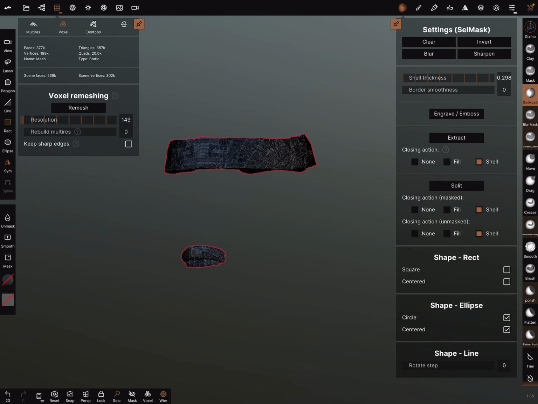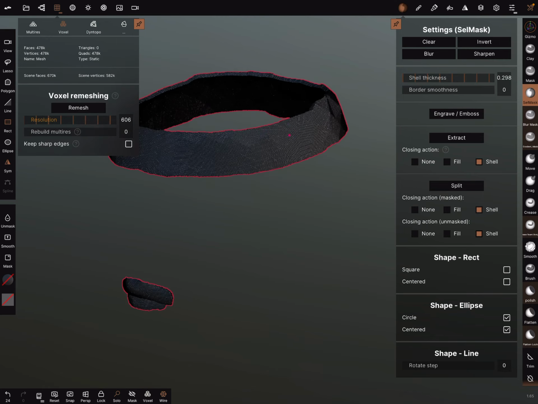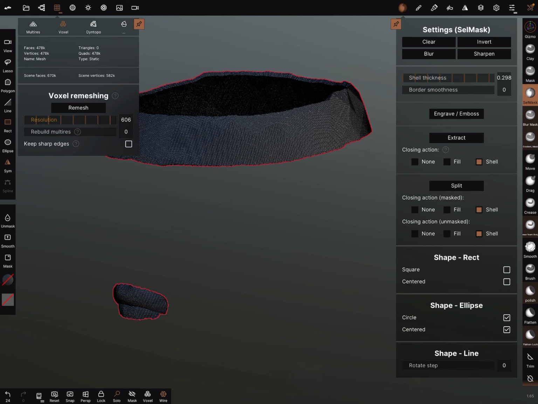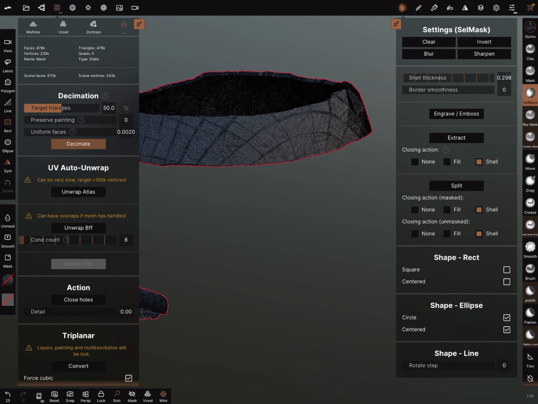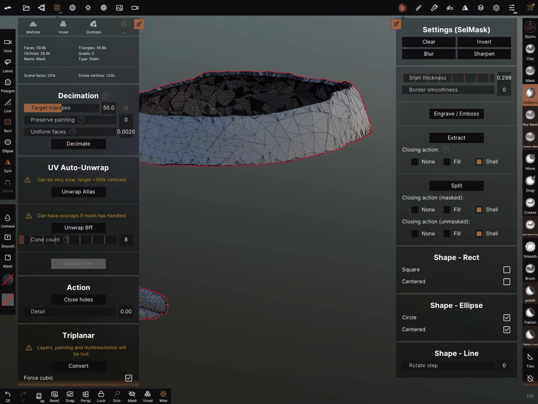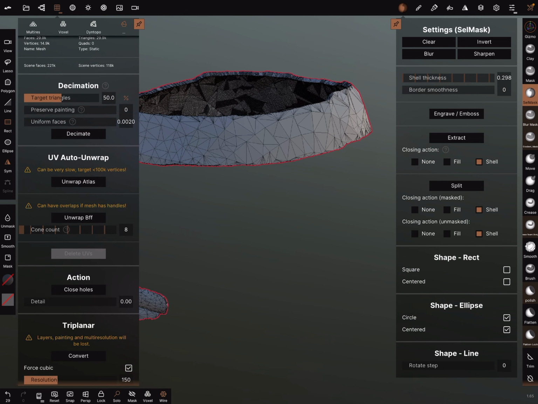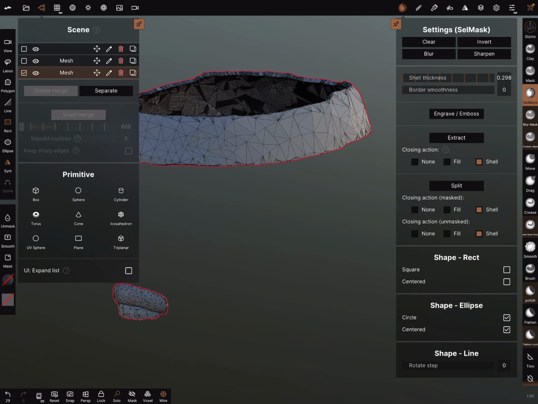And use voxel remeshing, and now when you get a clear mesh, you can go to the decimation function and decimate your mesh down like you want.